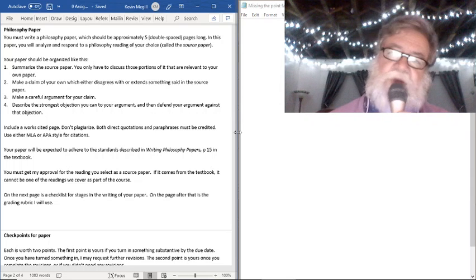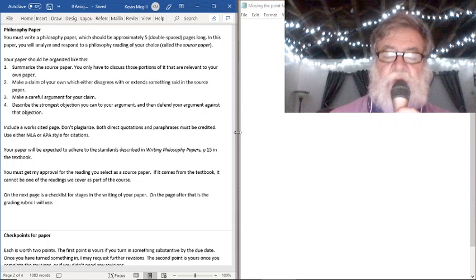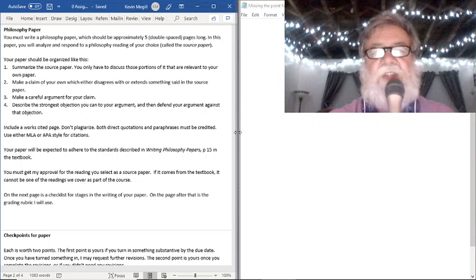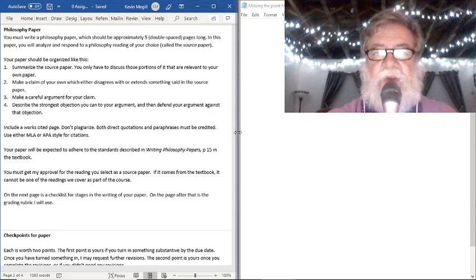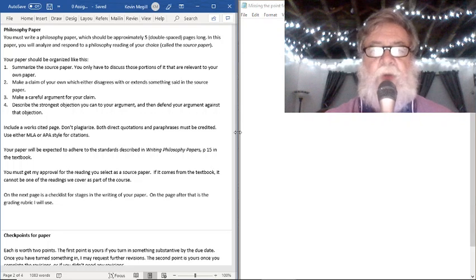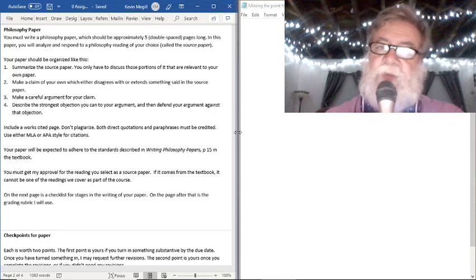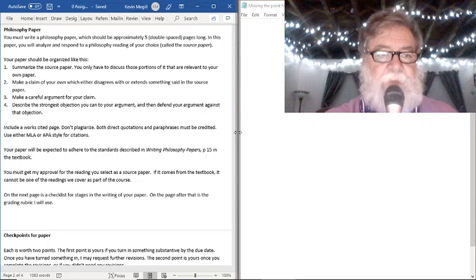Ideally, you want a paper that you disagree with, not one you agree with. Because then what you're going to do is make an argument of your own in the opposite direction. You're going to say, I don't think democracy is the best form of government, maybe because of this reason or whatever else. Now, sometimes you could actually agree with the paper as long as you say something in your own argument that's different than what it said. You might say, I agree with his basic point, but I think there's a better argument to make. It should be made this way, or something like that.